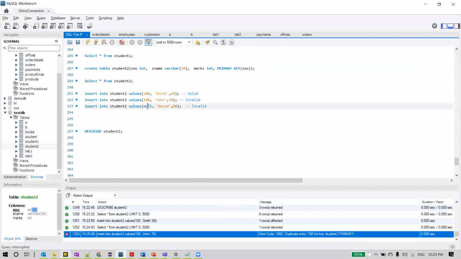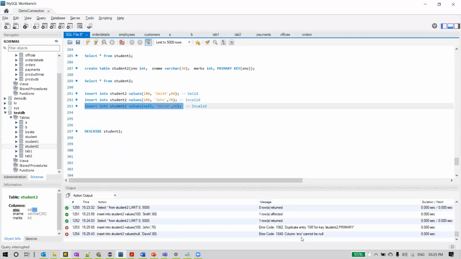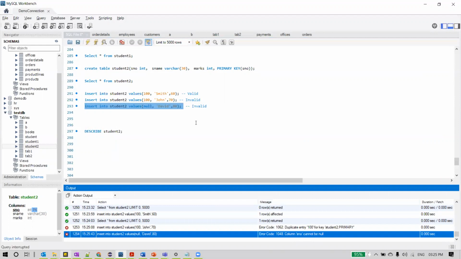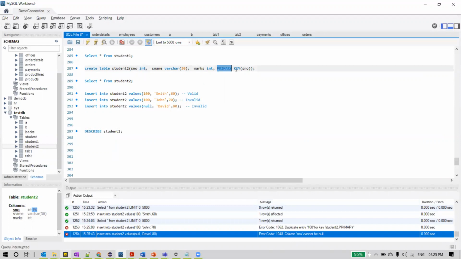Now let us try to insert null. And it says column S number cannot be null. But if you observe, we didn't actually define it as not null or unique. We just defined it as primary key, which has two features, unique plus not null. And that is what we have seen here clearly. So it can't accept null, and it will not accept duplicate values as well. So inserting a null value into that column, which is defined as primary key, will also become invalid.